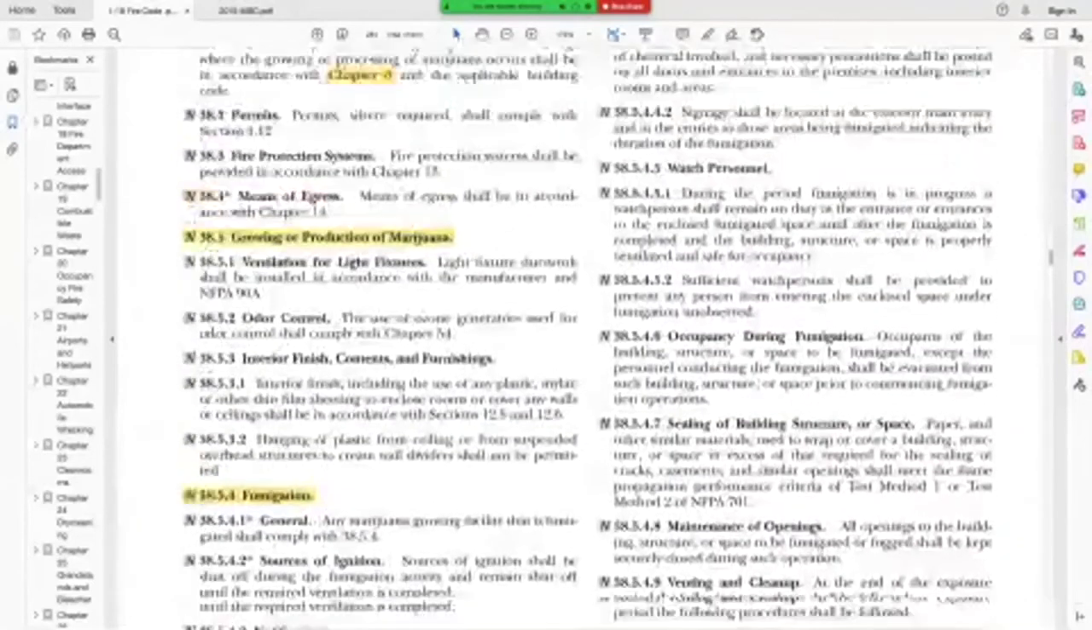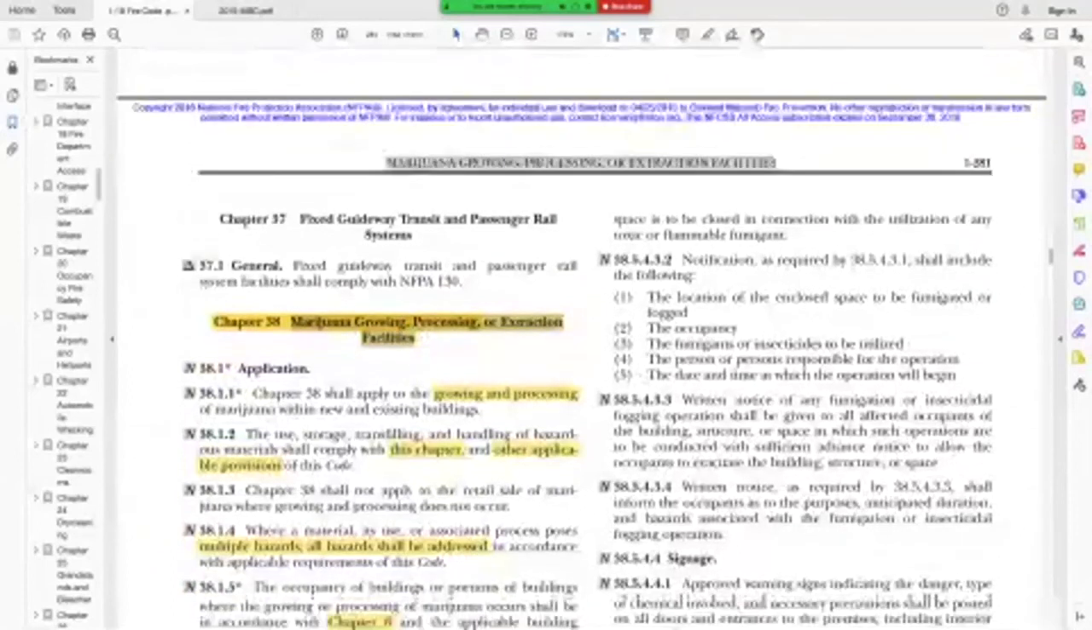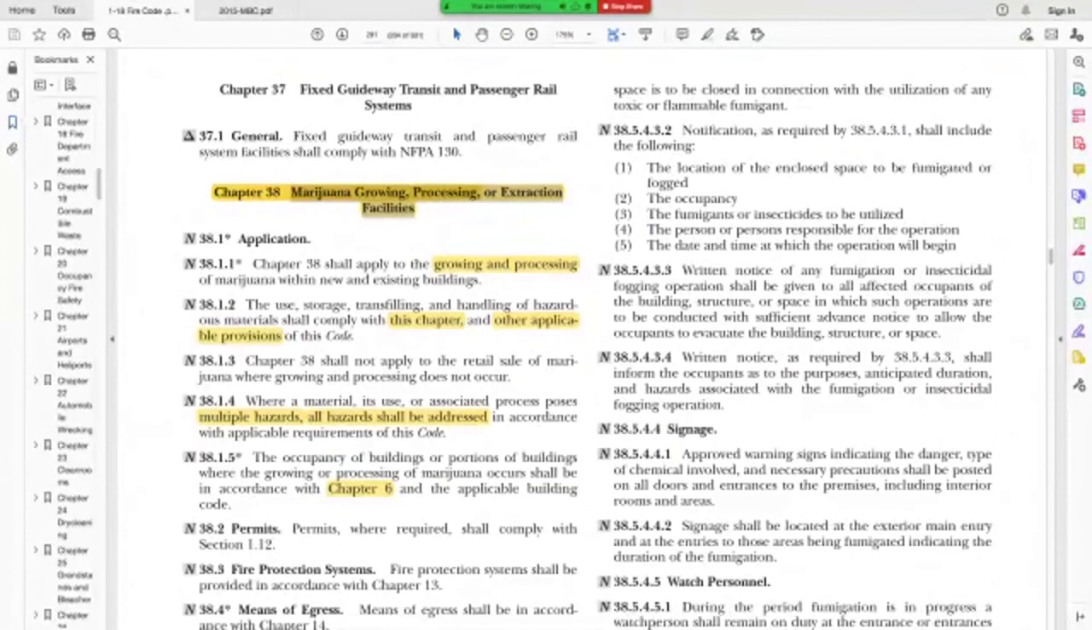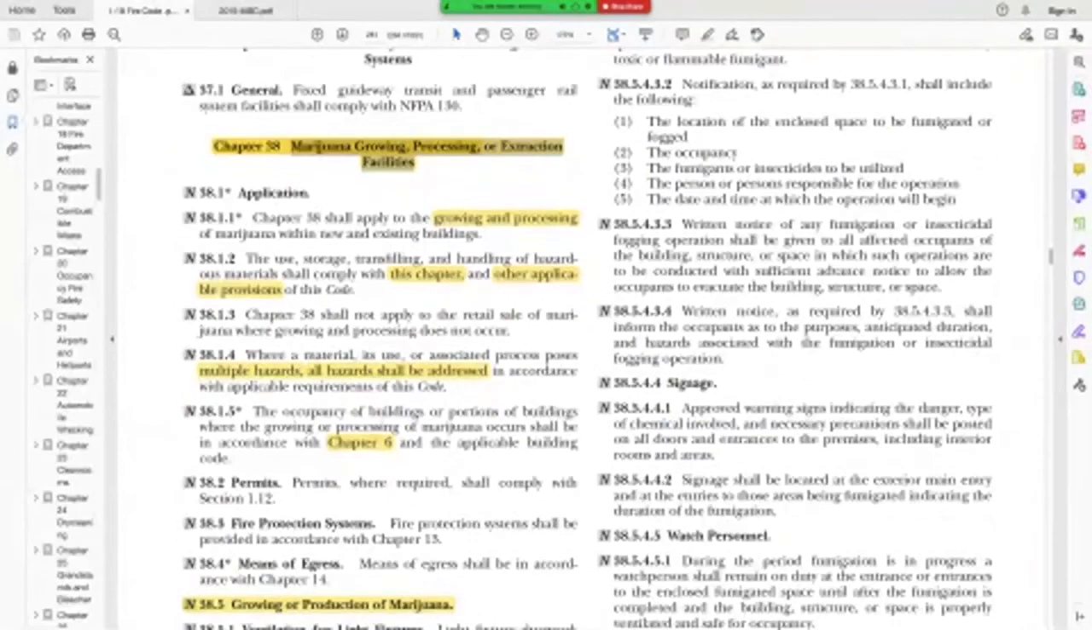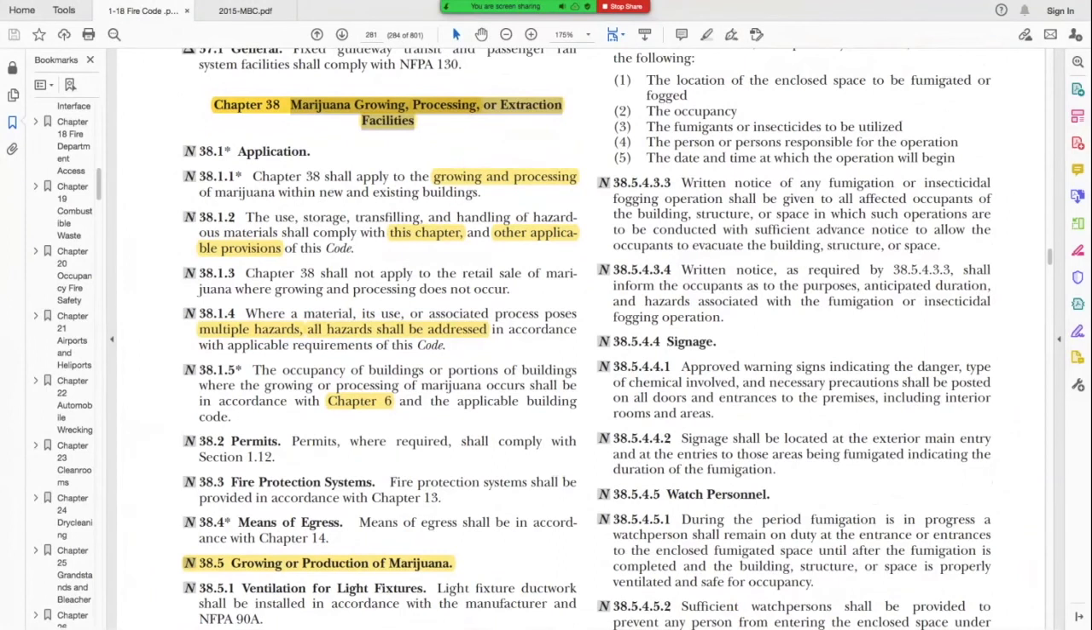The I codes are starting to catch up with NFPA, and currently, for those of you who aren't aware, I'm involved with the Fire Code Action Committee. I am not a Fire Code Action Committee member. I am an interested party. I participate in those actively. Further,